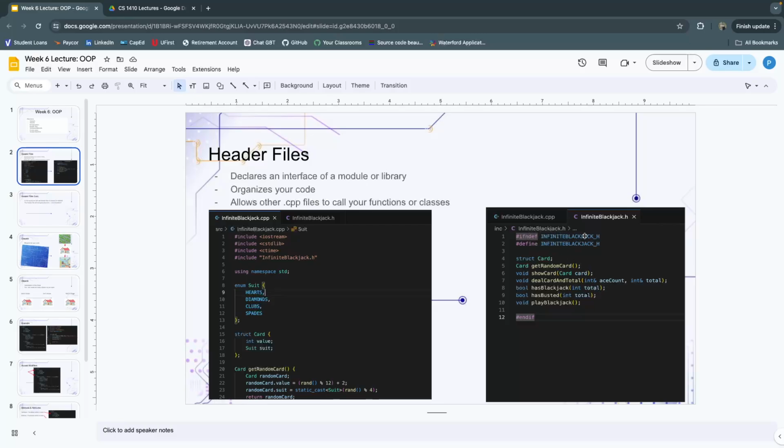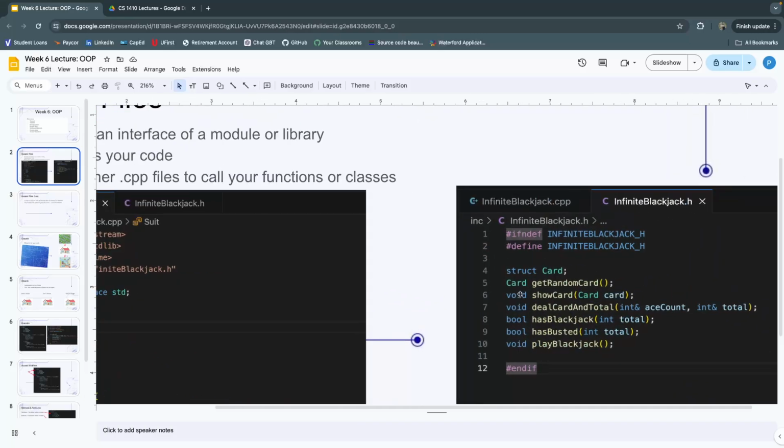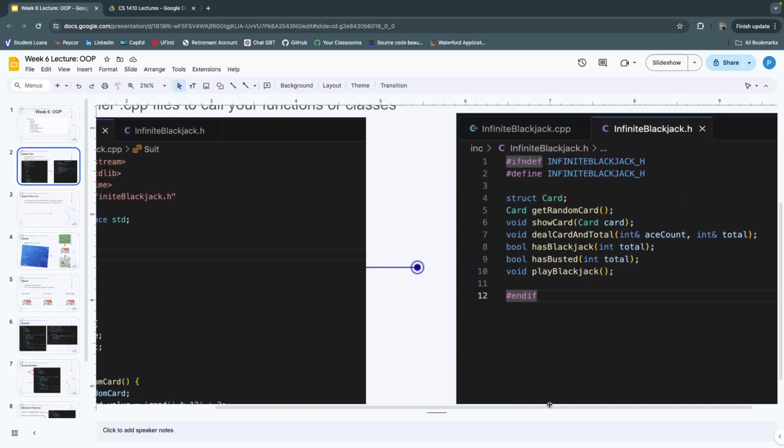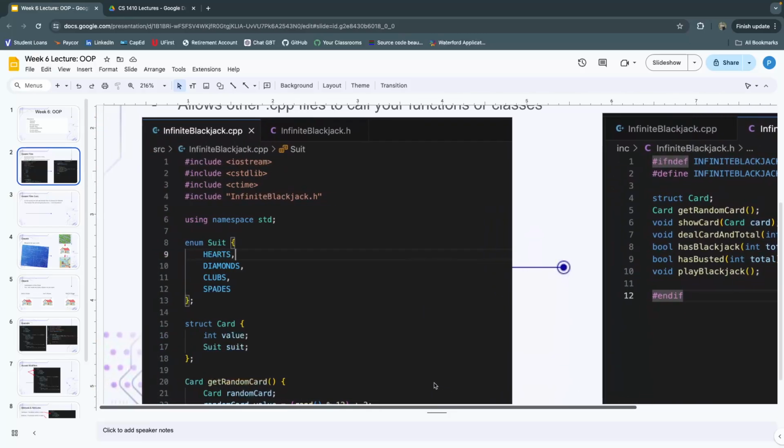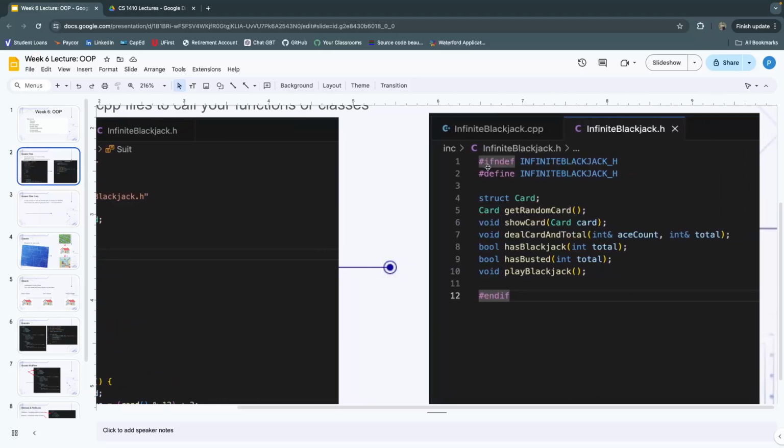Up here where you see some of this weird stuff, remember, whenever you see this little pound sign, this is a preprocessing directive. Sorry, let me zoom in a little bit. I just noticed it's probably kind of hard to see. So yeah, this is the .h file, CPP file. Anyway, these preprocessing directives,